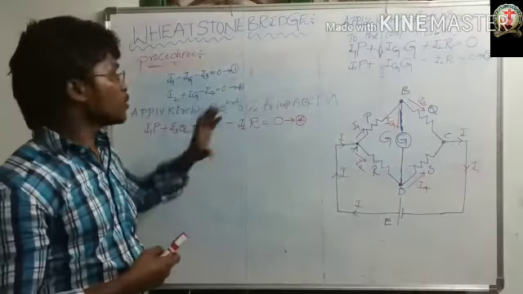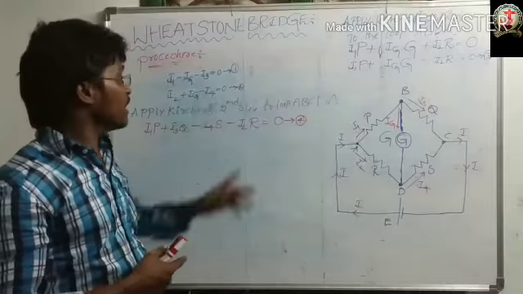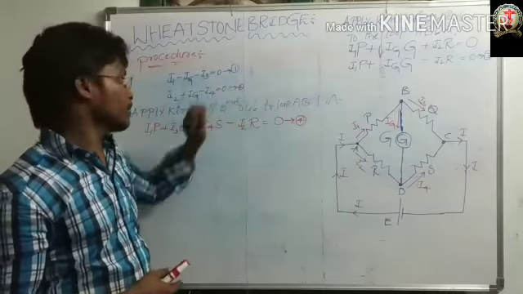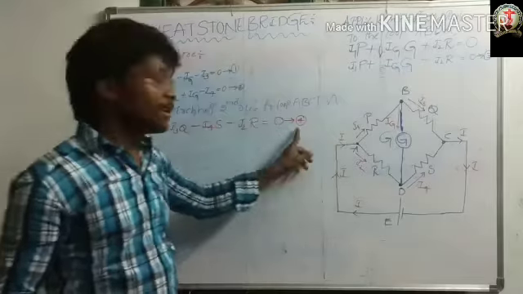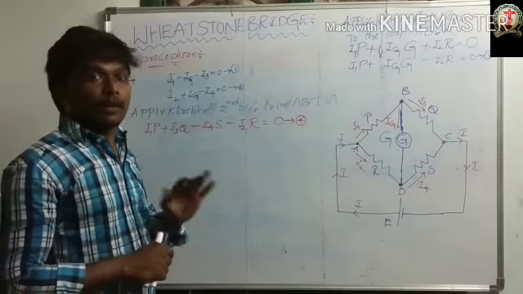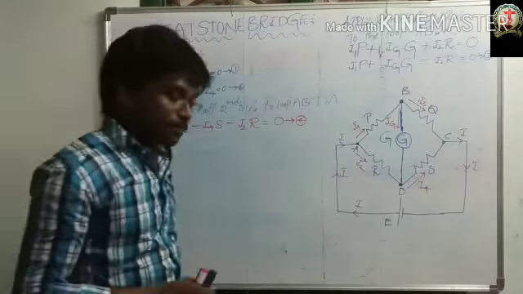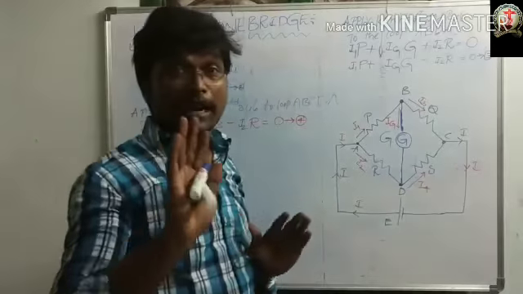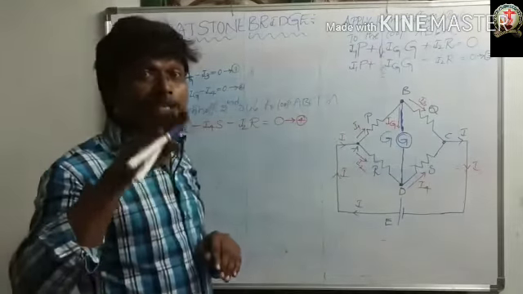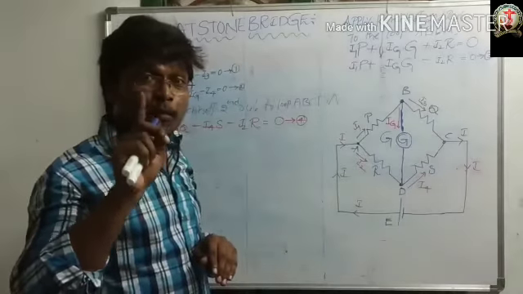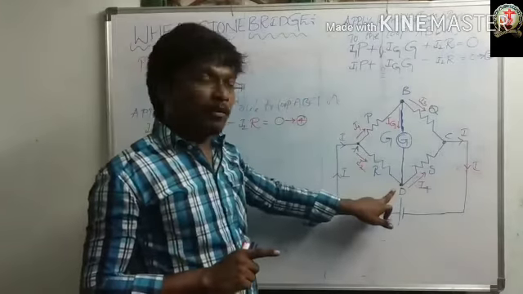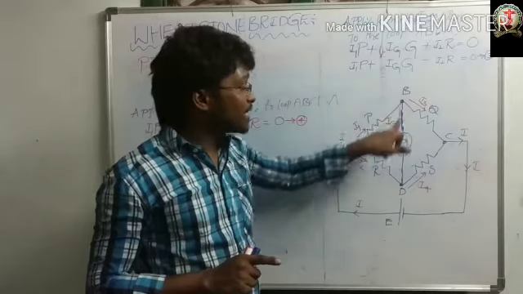Okay, remember this one. This one is equation 1, this is equation 2. We already discussed this yesterday. This is equation 3 and this is equation 4. Here you can take one condition. What condition do you know? When the potential is the same at the junctions B and D,